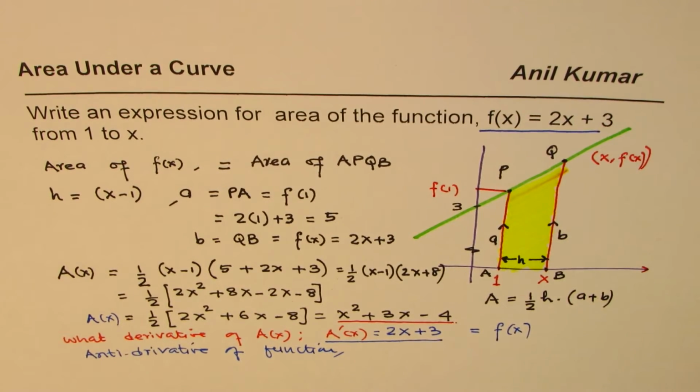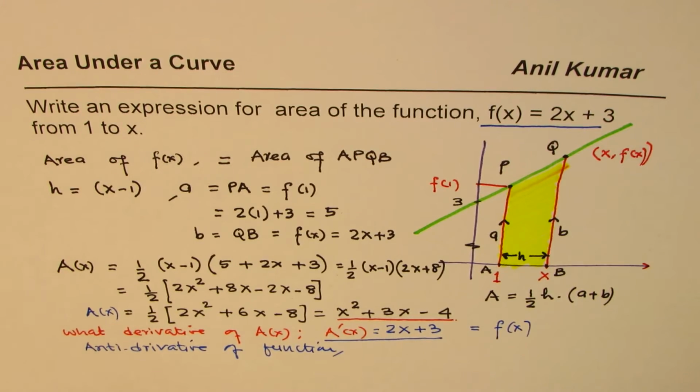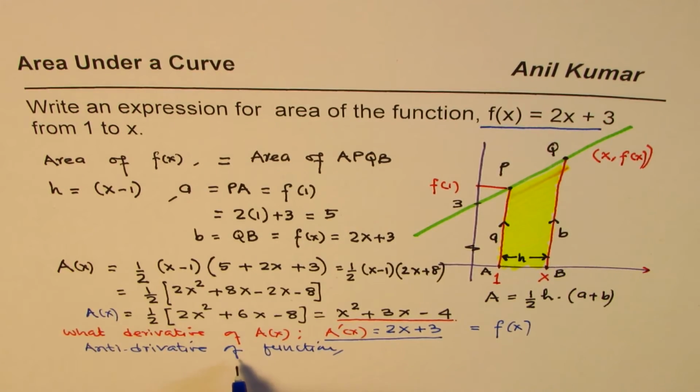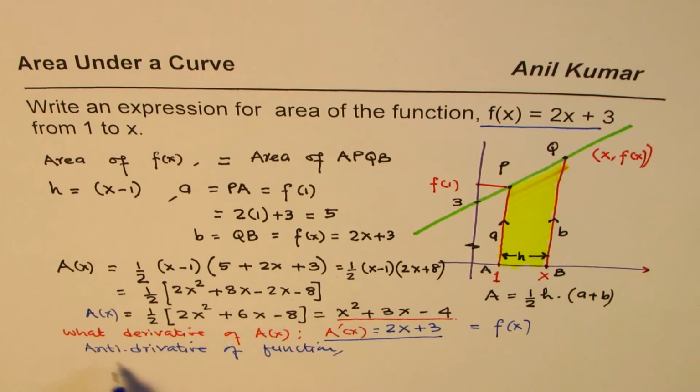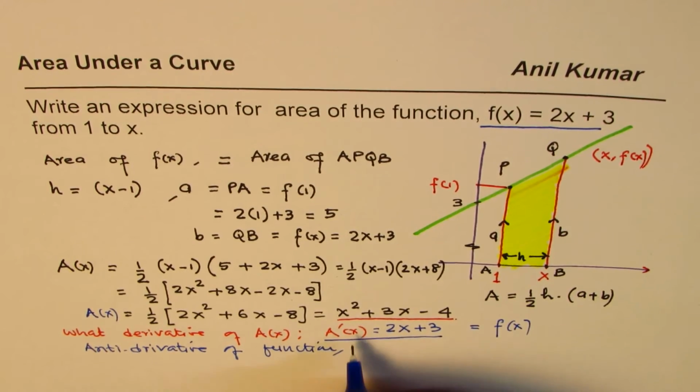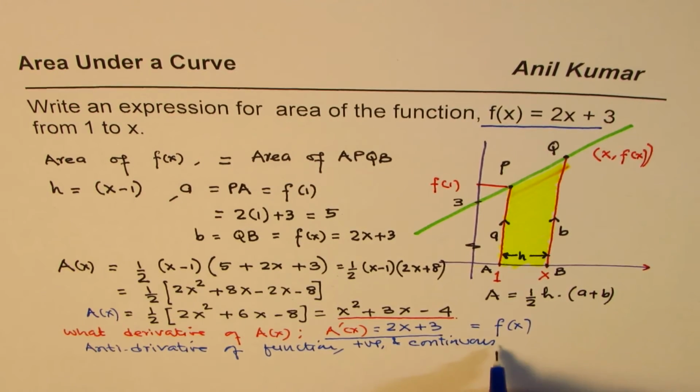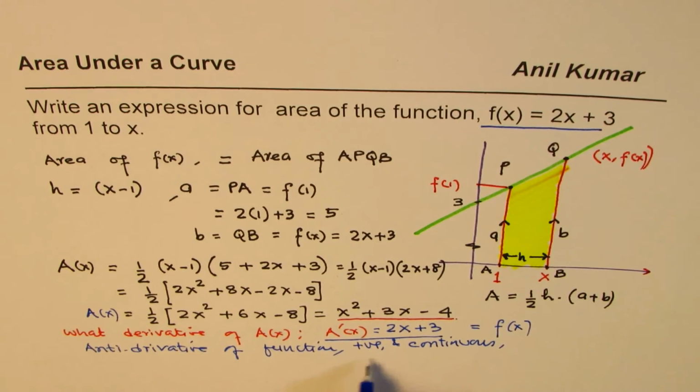Now in this case, there is one thing very particular, that is, we're talking about when the function is positive and the function is continuous. So antiderivative of the function, so let me add that, when it is positive and continuous, right? So antiderivative of the function